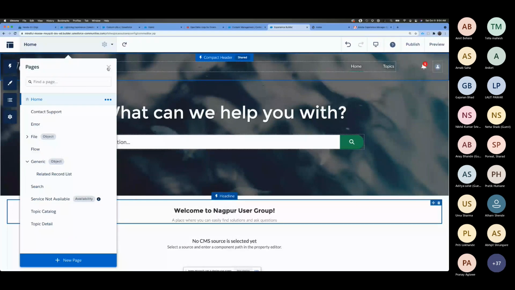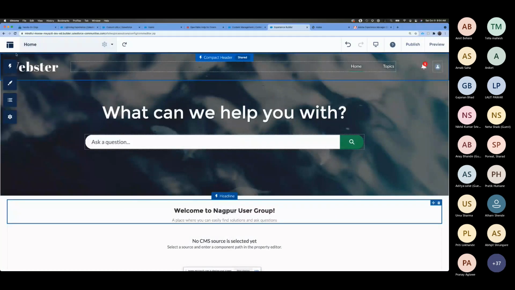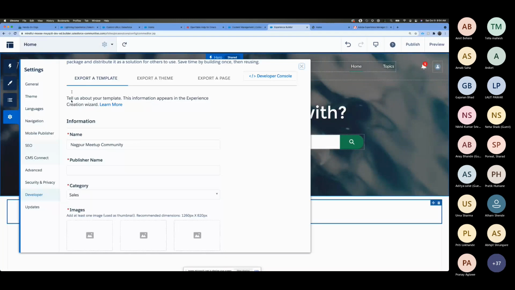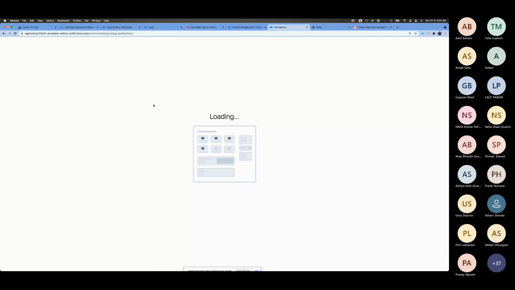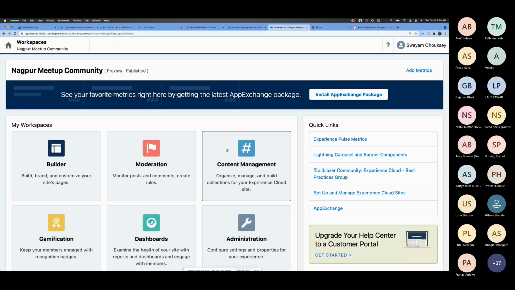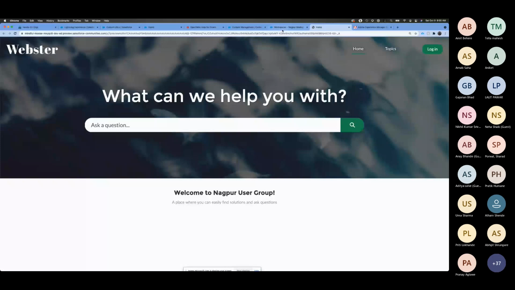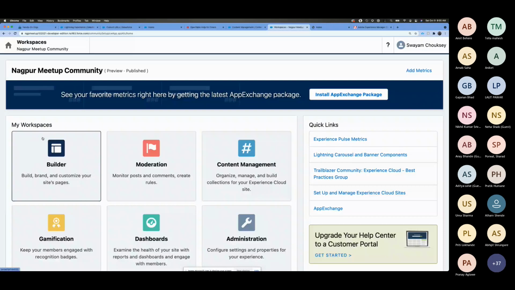So maybe it's your configuration. I will say check your configuration here, if you go into your workspace. What configuration do I need to check for that post login one? Yeah, first you need to make sure that page is private. If you go into your Community Builder, that page is not public.